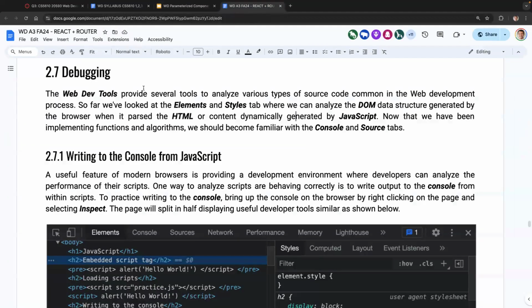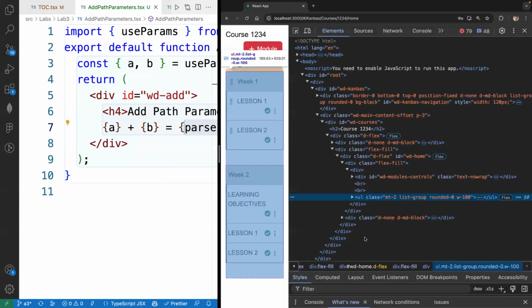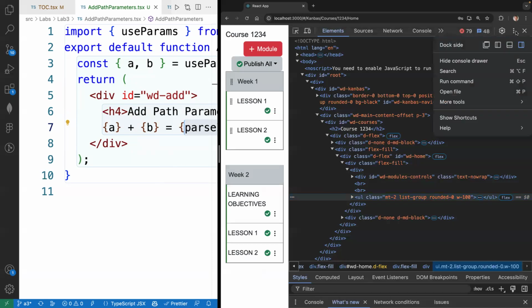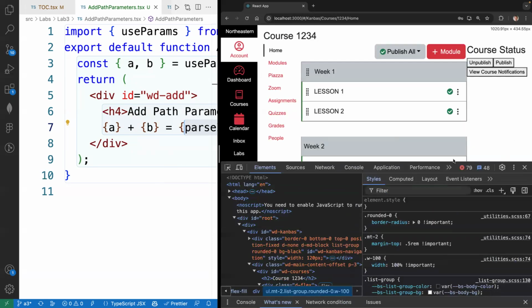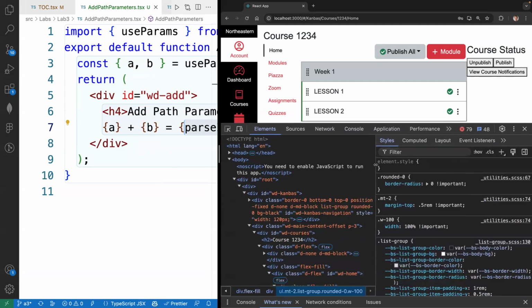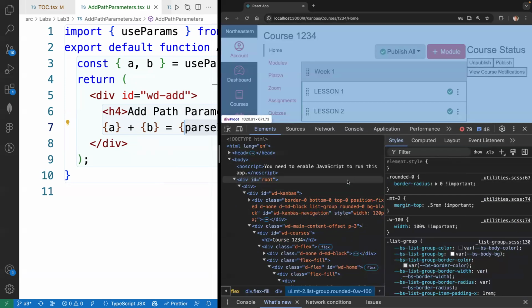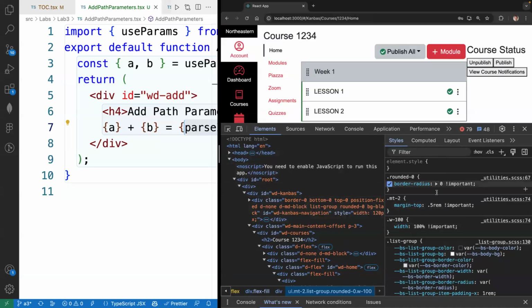Right. So a word on debugging. It's very important that you're aware that as you're working through your labs and implementing your web application, you can use your inspector. I'm going to put it at the bottom. It's a full blown development tool. It not only provides your static content, your HTML, your CSS,